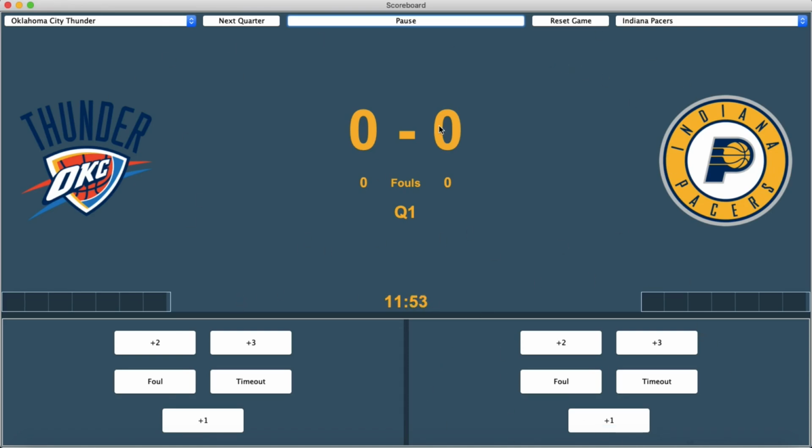The window is split in two with a top and bottom panel. The former is the display where the score, timer, team fouls, etc. are updated as the game progresses thanks to the buttons you see on each side of the bottom panel, which are pretty self-explanatory. The +1, 2, 3 ones update the score, the foul one increases the amount of team fouls,